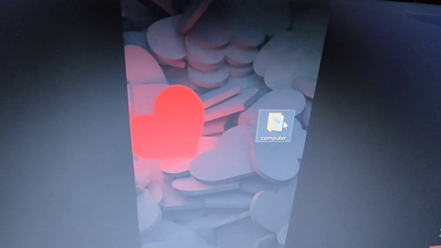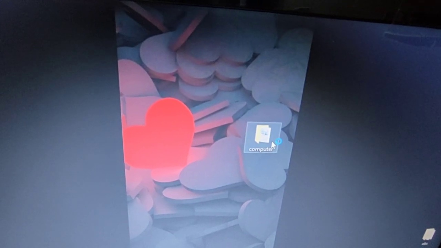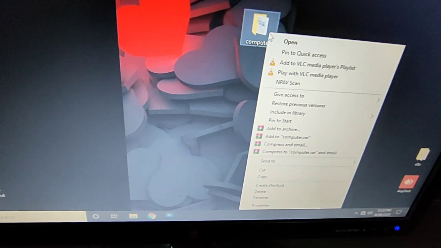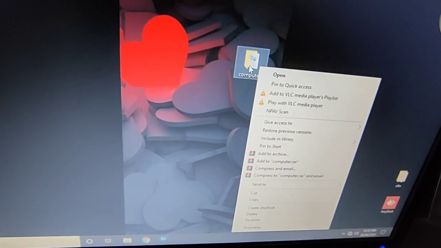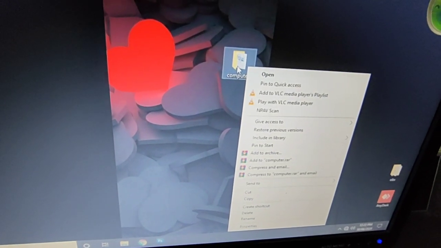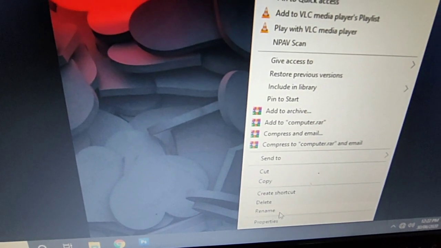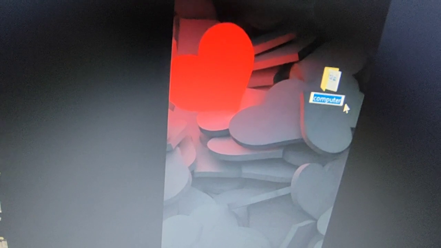So I am going to rename my folder. Follow the given steps. First step, right click on your file or folder. I am going to right click my folder, the one I want to rename. Second step, click on the rename option. This is my rename option, and I am going to click it.